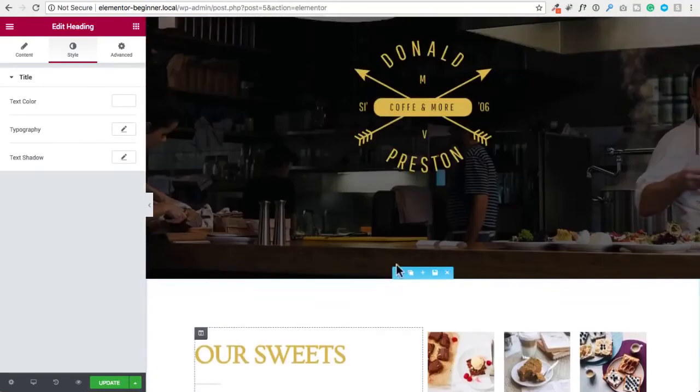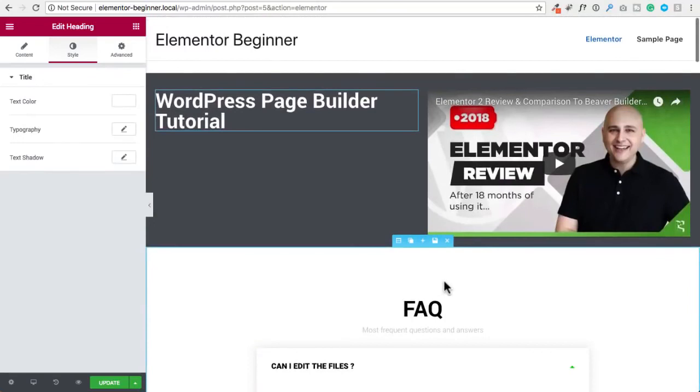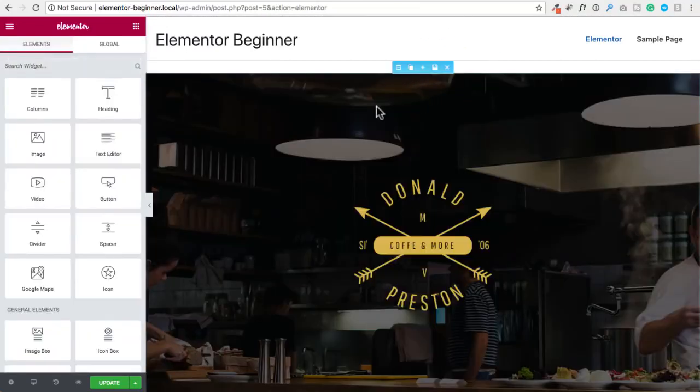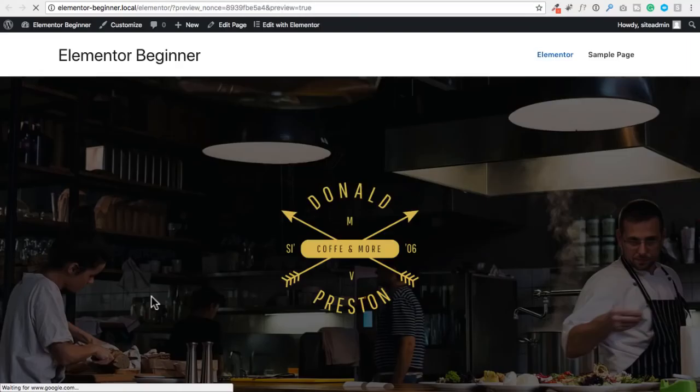So I'm going to go up to the top and remove these two sections that I created. I'm going to click on the X right there, click on the X right there, and they are now removed. I'm going to go ahead and click on the update button right here, and let's go ahead and preview this page. I'm going to click on the preview changes icon right there. It's going to open up in